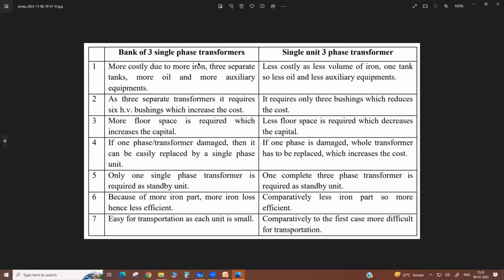Earlier it was asked in ETO: a bank of three-phase and single unit three-phase transformer. It is a bank of three single phase transformers versus a single unit transformer. More costly due to more iron, three separate tanks, more oil, more auxiliary components. Initial cost is high. As three separate transformers, it requires 6 HT bushings. More floor area is required for installation. Capital cost increases. But here the advantage is